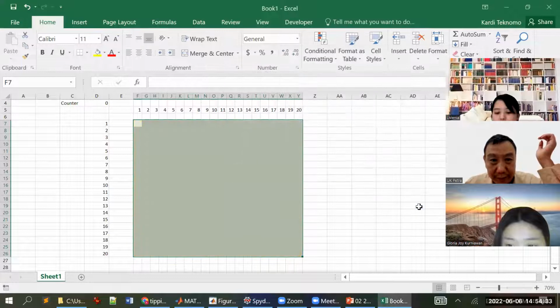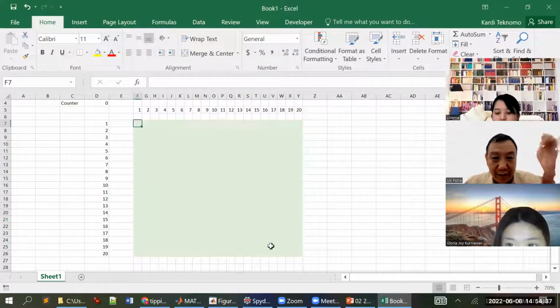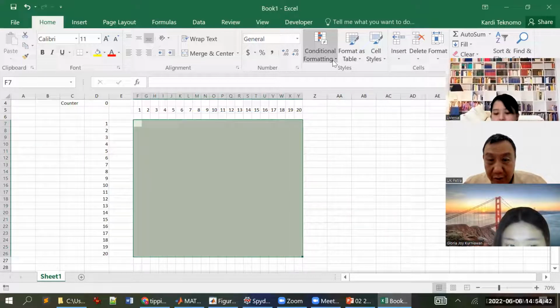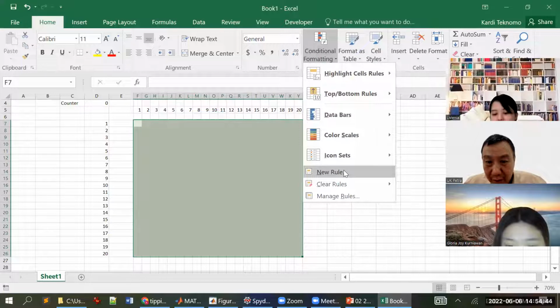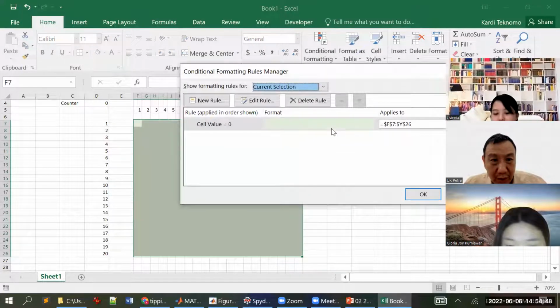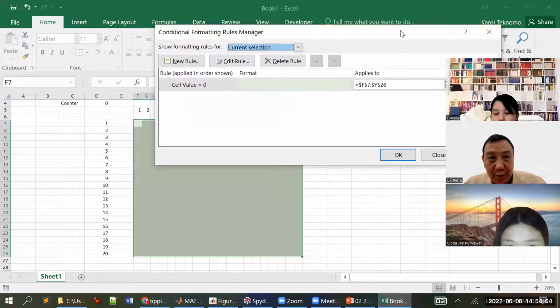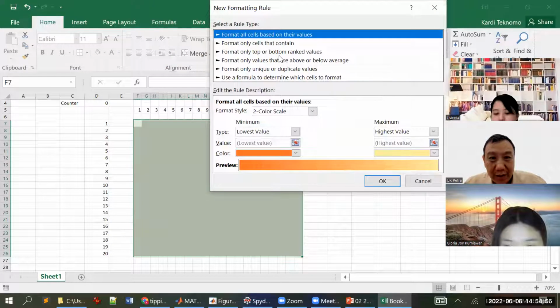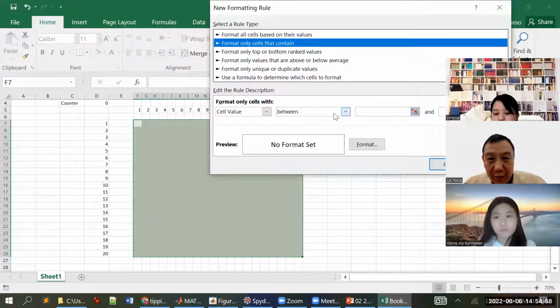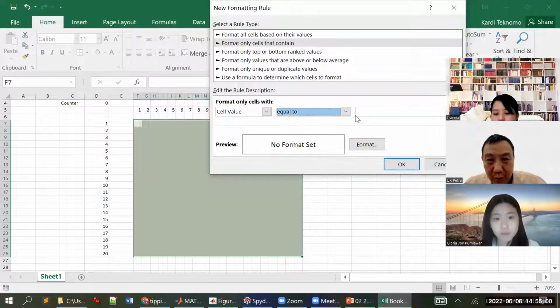Click OK. This is 0, so it becomes light green, right? And then you select again, and now we define 1. You go to manage rule, you already have the light green, right? Then you create a new rule. Again, if the cell contains equal to 1,